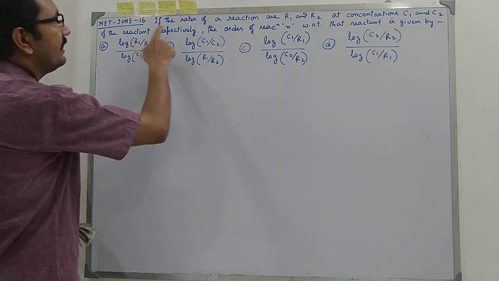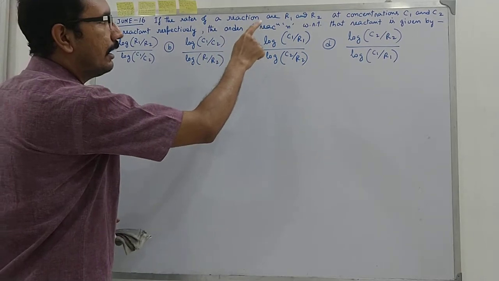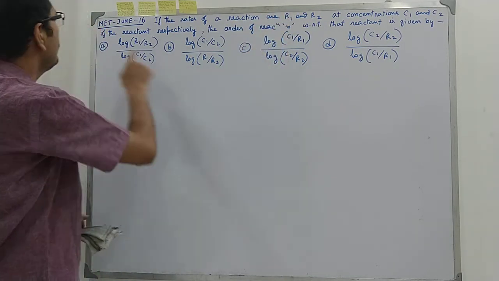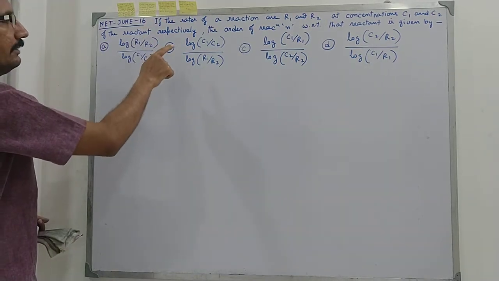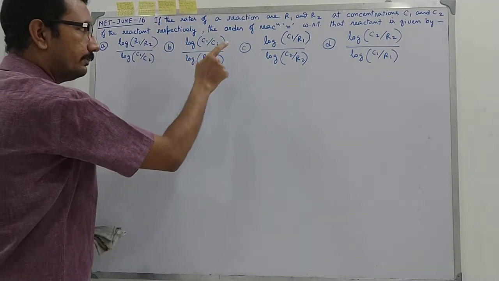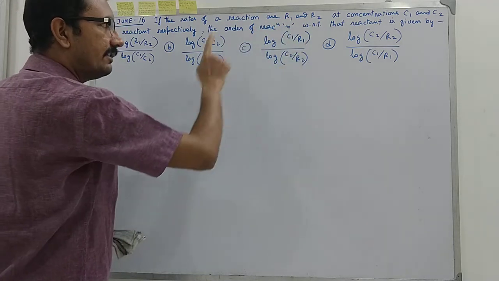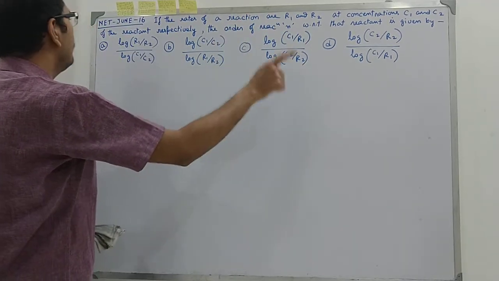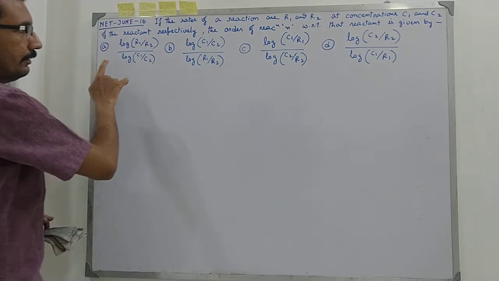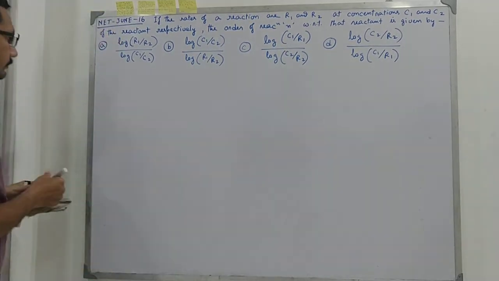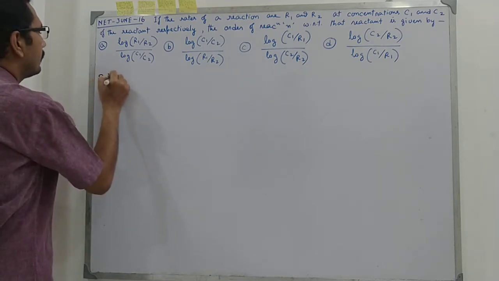It is given that if the rates of a reaction are R1 and R2 at concentrations C1 and C2 of the reactant respectively, the order of the reaction n with respect to that reactant is given by, now which option is correct? So the solution will be,